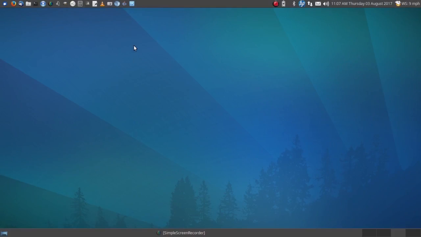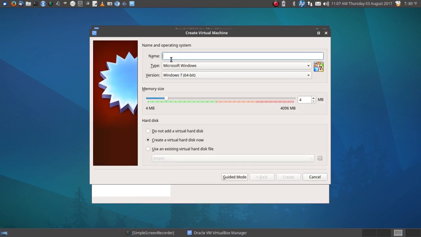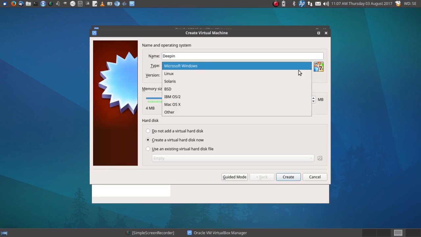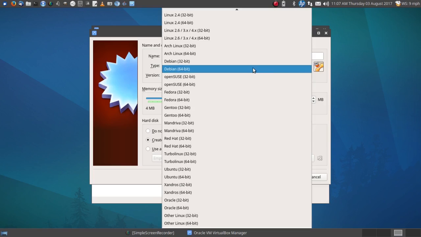Now I've installed Deepin 15.4.1 on an external drive, but I'm going to show the installation process in VirtualBox. So I'm going to install a new virtual machine, call it Deepin. It's Linux, and it's closest to Debian